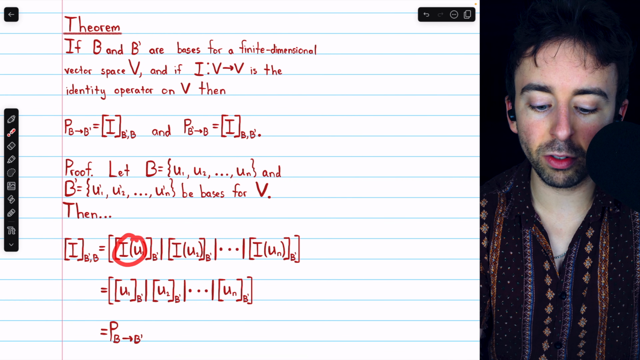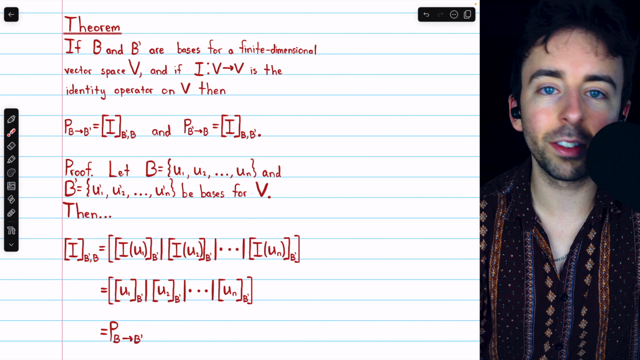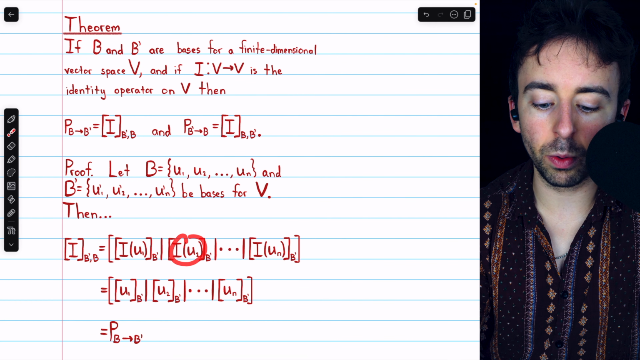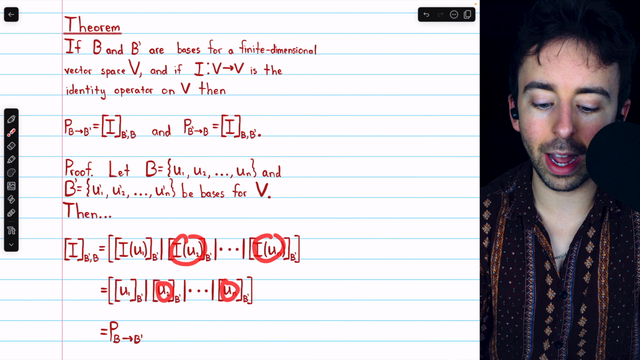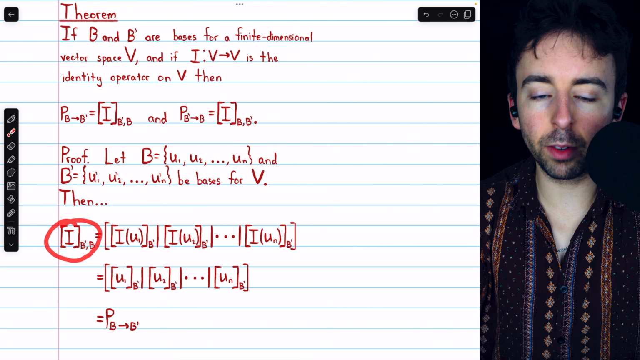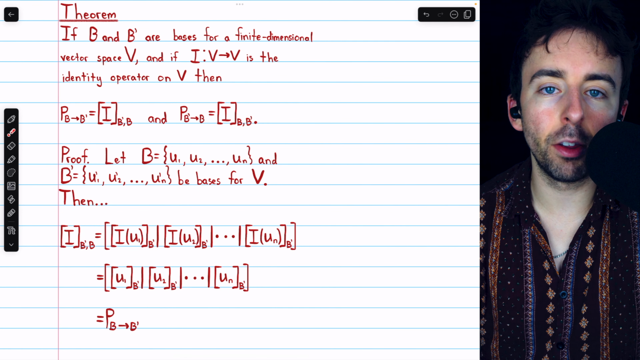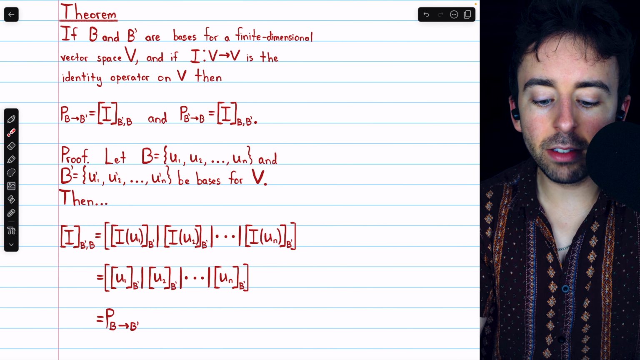I of u1 is just u1. It's the identity operator. It doesn't change anything. I of u2 is just u2. I of un is un, and so on. Hence, the matrix for the identity operator with respect to the bases B and B prime is in fact just